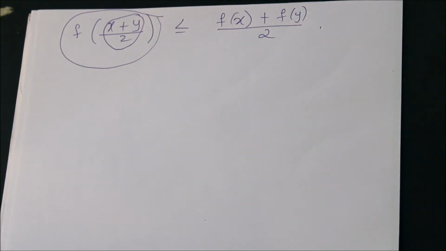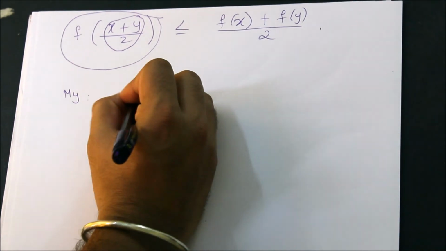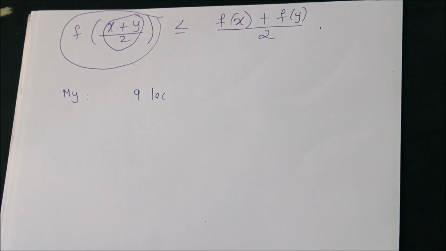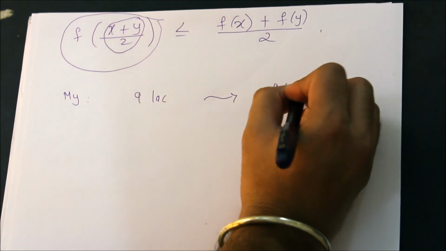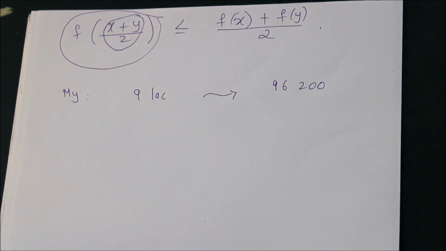But I should also convince you, right? So let me take an example. Suppose my salary is say 9 lakh rupees per annum, then I have used an income tax calculator and I have not shown any investment. So the income tax turns out to be 96,200 after cess and all those things. Numbers might change, again I'm saying. But this is what I have used, one of the calculators, and these are the numbers I'm getting.